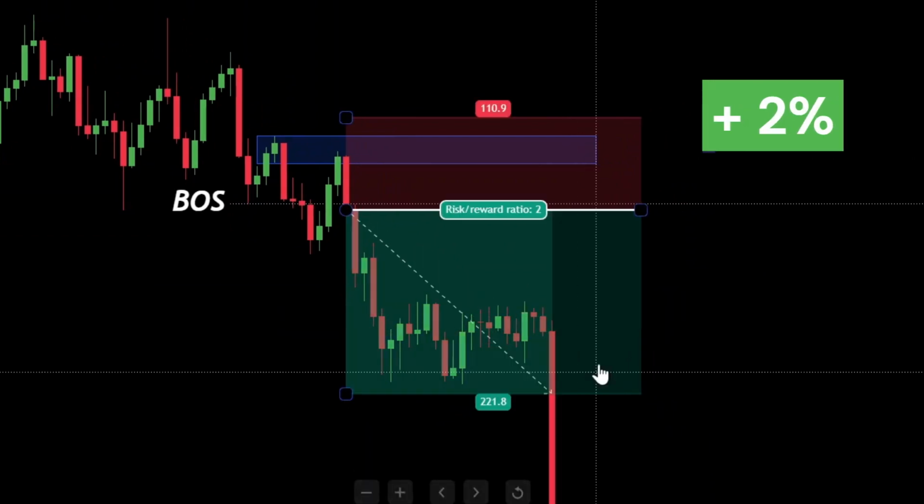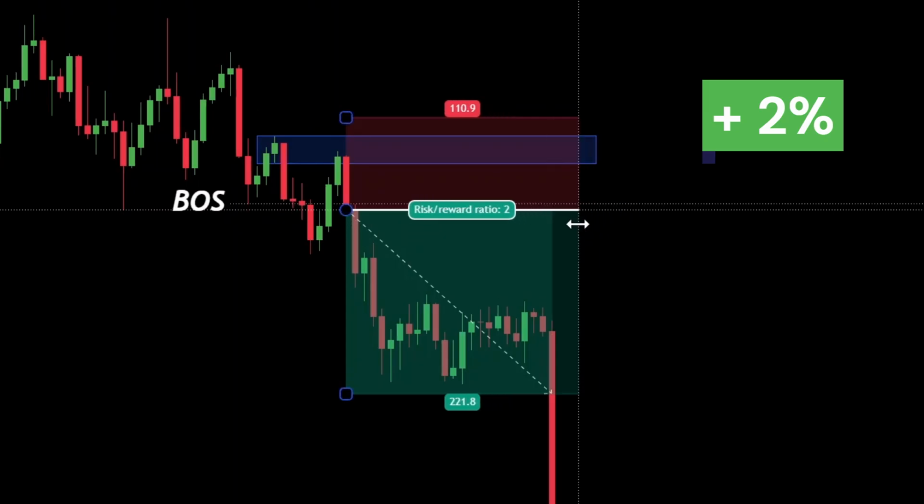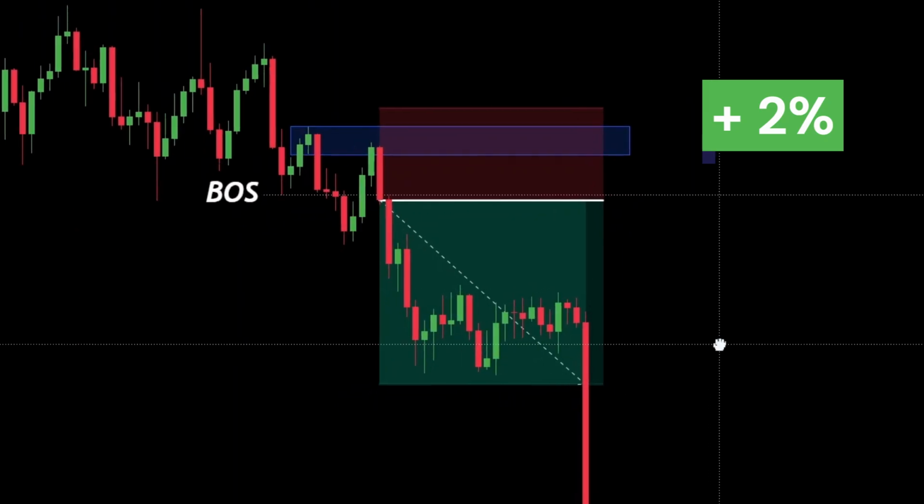Even though this trade wasn't as fast as the previous one, it still hit my take profit, which means another 2% profit. I must warn you to always follow the same process and change nothing. Don't move your stop loss higher, and don't close the trade manually just because you're scared that the price won't hit TP. If you really want to use my strategy 100% mechanically, you must always follow the plan and not